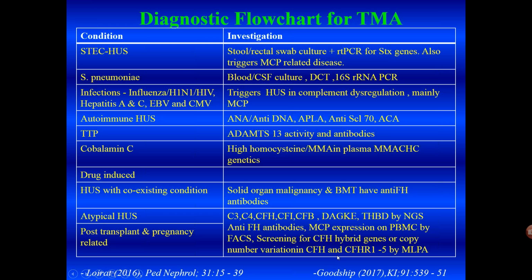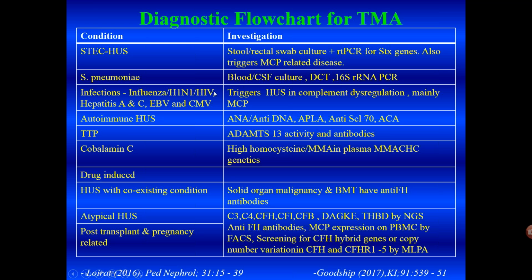So, when presented with a patient with thrombotic microangiopathy, we need to look for triggers, we need to look for genetic susceptibility, and these are the triggers commonly studied. This is taken from the ISPN guidelines and from the KDIGO controversies guidelines published in Kidney International in January this year. We need to ensure that every diarrhea is tested for Shiga toxin producing E. coli. Diarrheal illness is not equal to HUS.